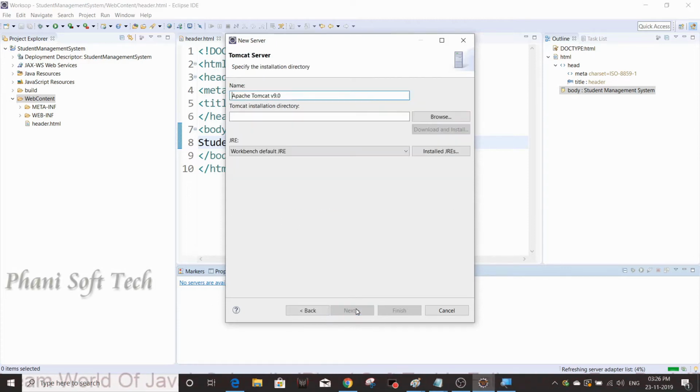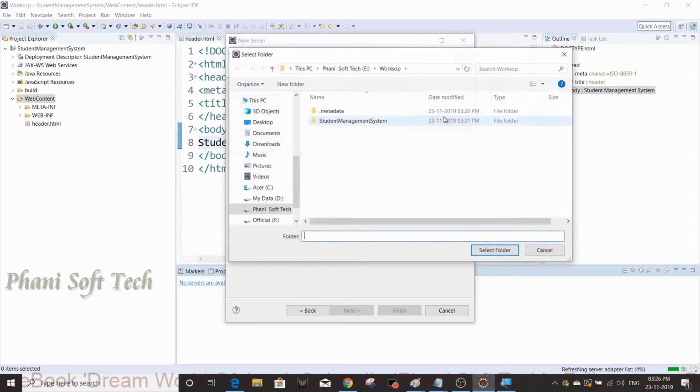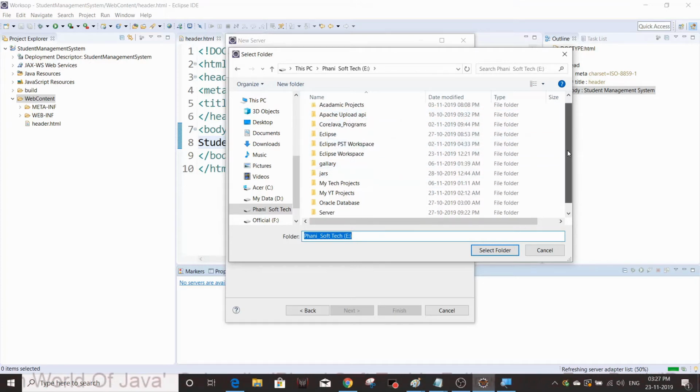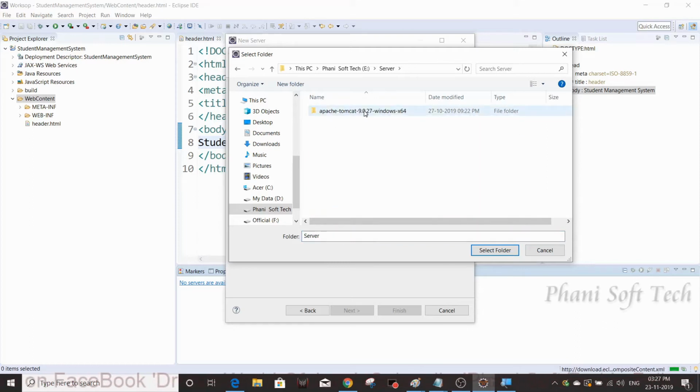Just click on next, and you need to map your local server. My local server is here, Apache Tomcat 9.0.27. If you want to know how to download the Tomcat server, my previous tutorials will help you.